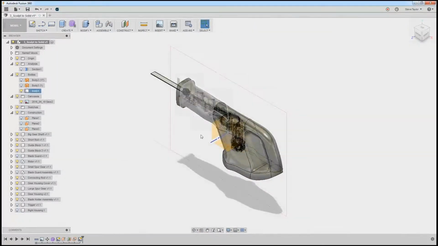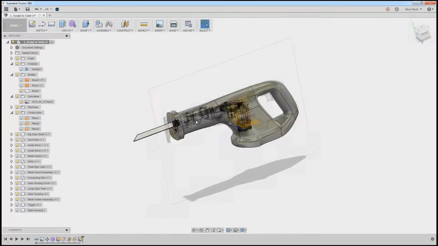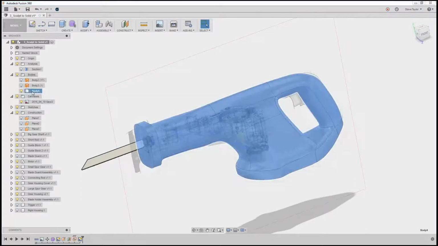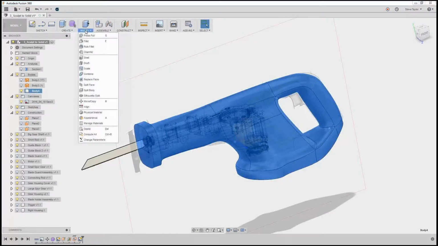Now before I do the extrude, what I want to do is actually shell this model out. So what I'm going to do first of all is split the body. I tell you what, let's split the body first. Let's show you that. So at the minute we've just got this one solid body. So I select the body. If I go into modify, split body,